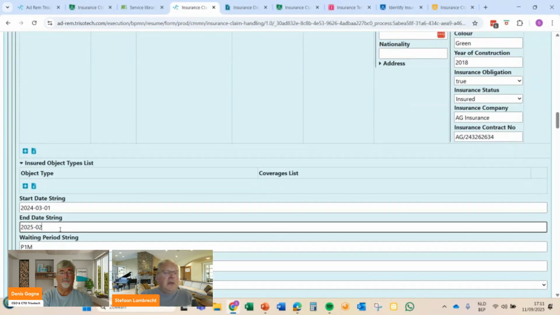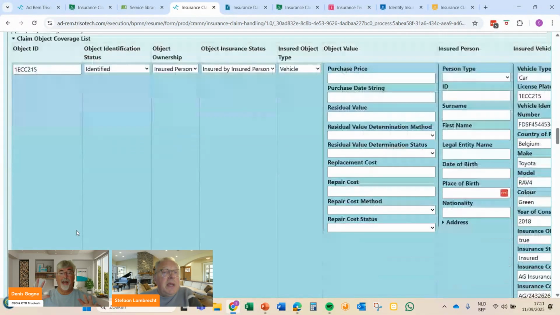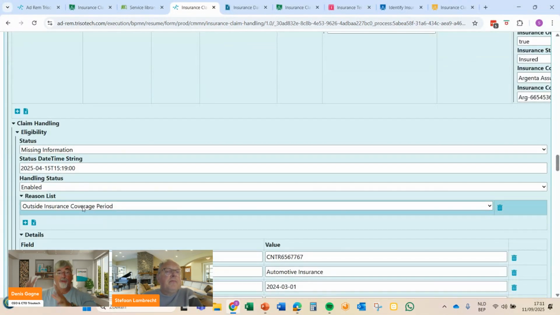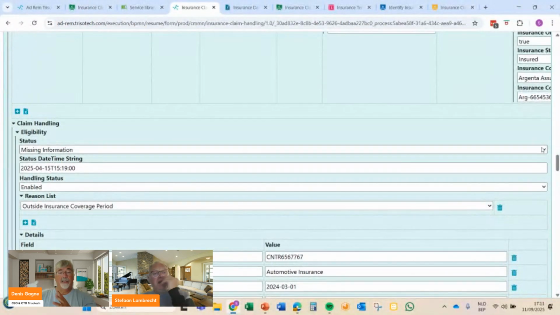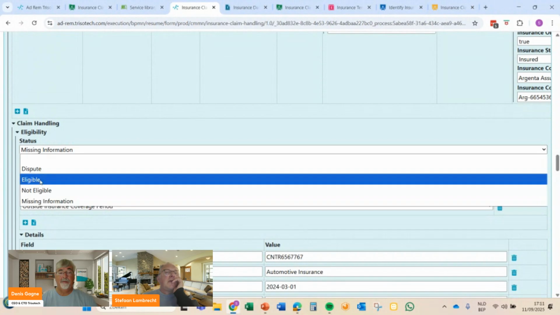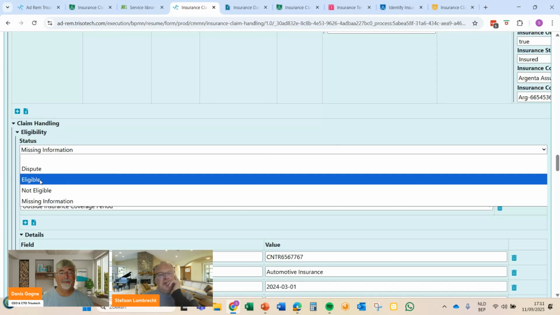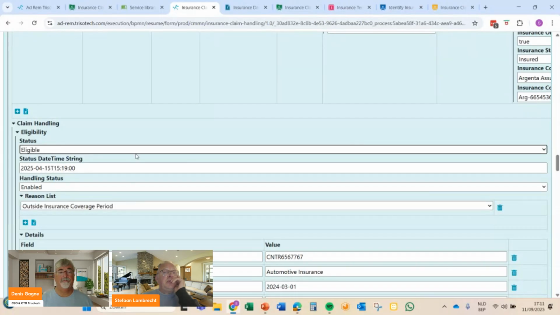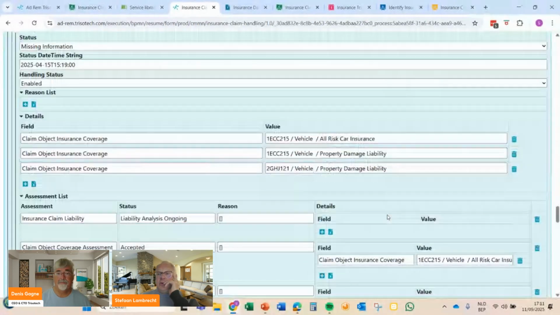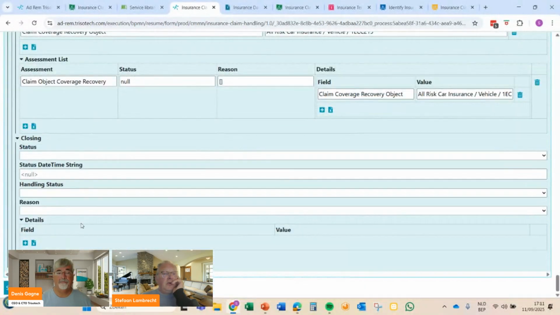We do the same thing here, and so now that's the human. That's a human intervention. That's saying the information you have in the claim about the contract is incorrect. The termination date should be this new date. Yeah, so I corrected the contract information, and then I make a human decision that this claim is eligible. And what I'm going to do now is confirm that.